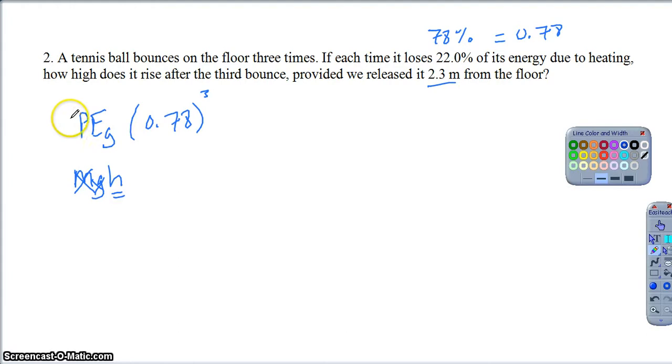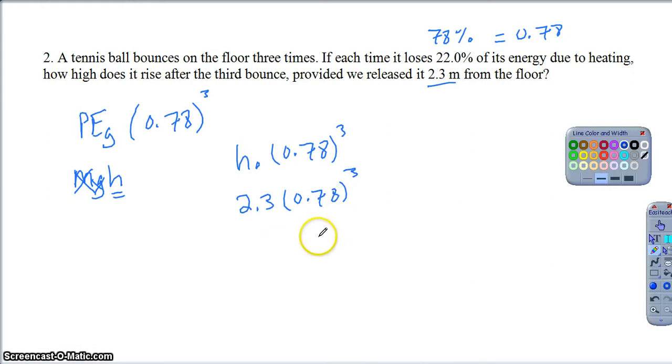So while I could calculate the original potential energy, then calculate how much is left after each bounce, and then use the final to find my height, I could also just take my original height that I've dropped it from and multiply it by that same rate that it's decreasing by each time. That would tell me after 3 bounces my new height. So I take my original height, 2.3, times 0.78 to the third power because it's bounced 3 times. Then I calculate that number and I end up with about 1.09 meters as the height to which